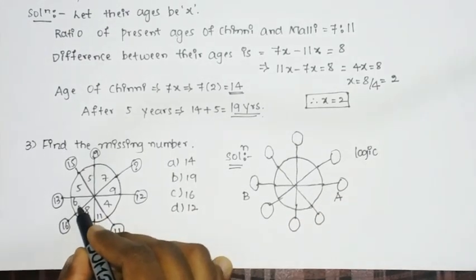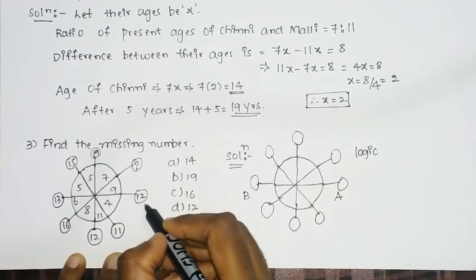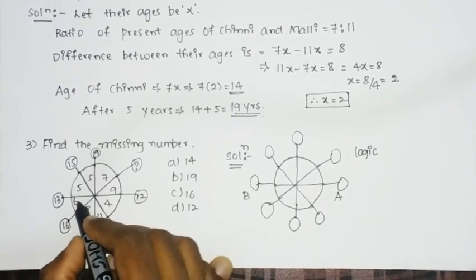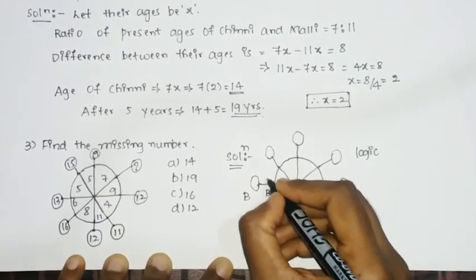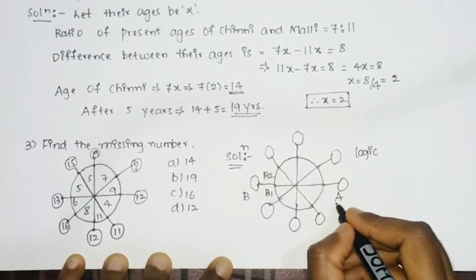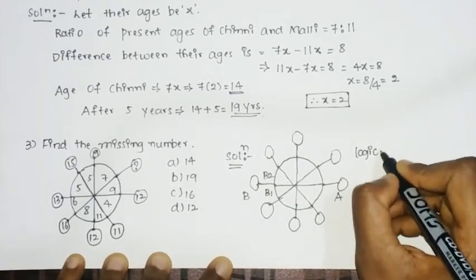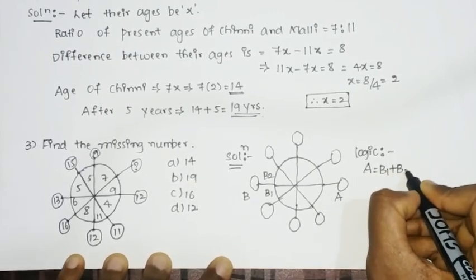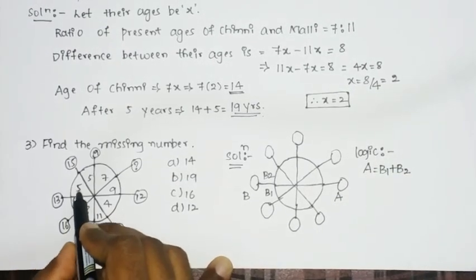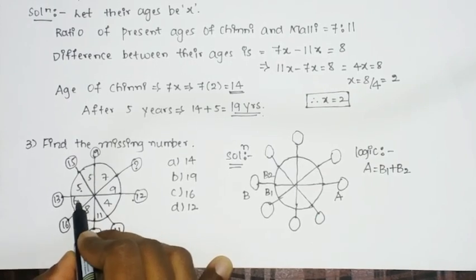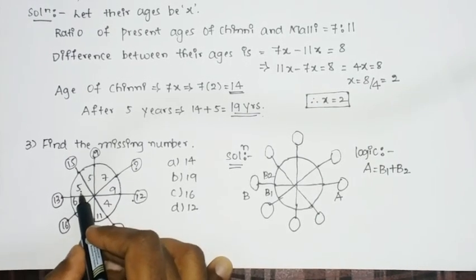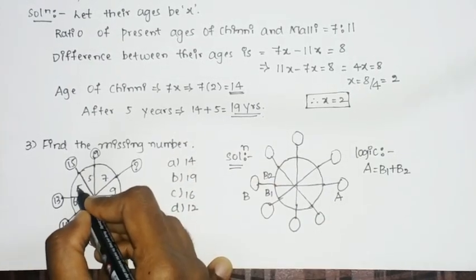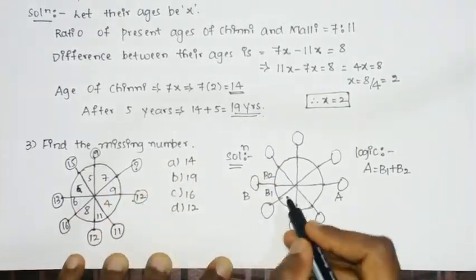So here you can see that, so here we have 12 and this is considered as A, and here it is 13 which is B. So you can see the sum of this, that is B1 plus B2 is the result of A. So therefore we can write the logic as A is equal to B1 plus B2. That is, you can observe that 6 plus 5 is 12. So here you can see the logic for this is 6 plus 5. So this is 6. 6 plus 6 is 12.